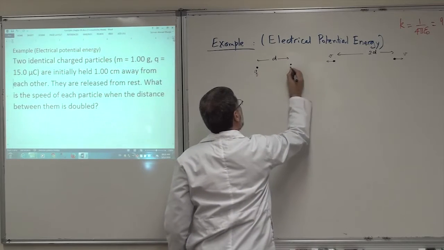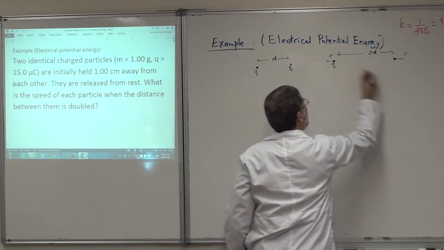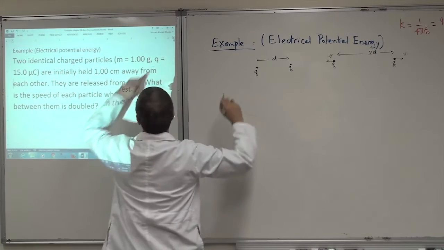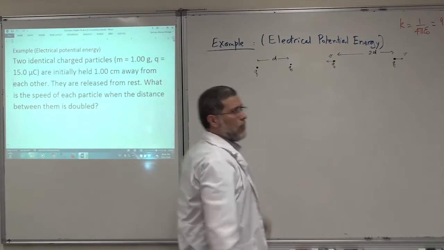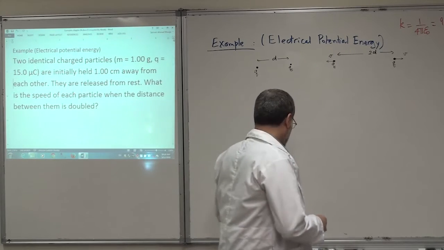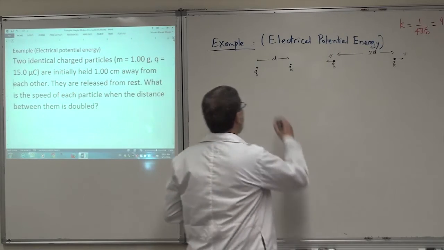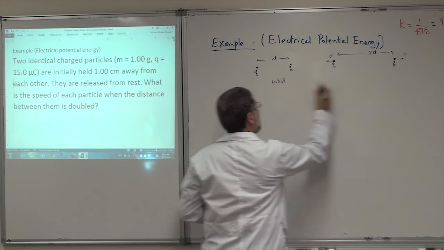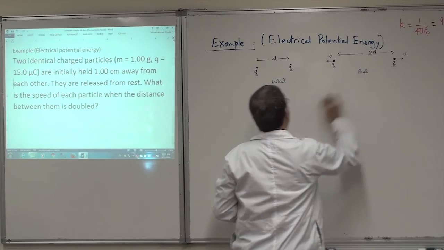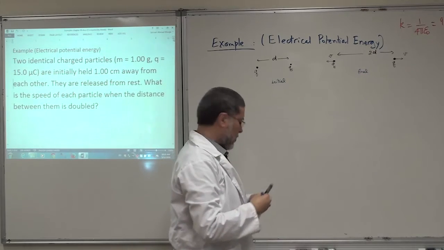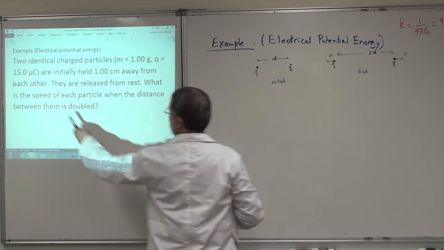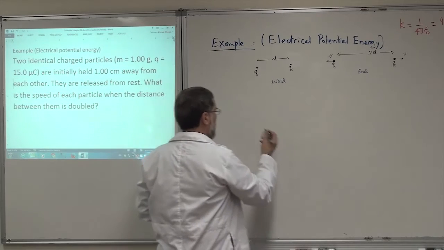This is q and this is q. Both of them are identical charges, so both of them are positive, and therefore they are going to repel each other. This is the initial situation, and this is the final configuration. Now, if I want to find the speed of each particle, we have to again use the idea of